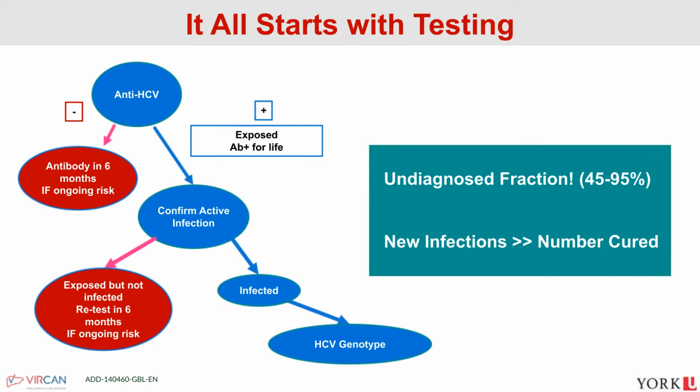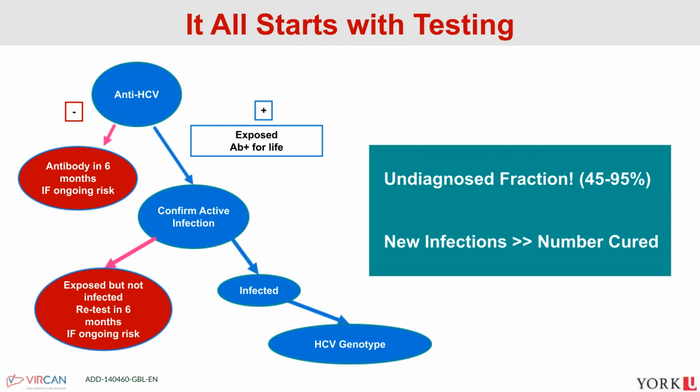Now, I don't have anything here about reflex testing, and I will get to that in a moment, but the next step after antibody positivity is going to be confirming active infection, and that can be done in multiple ways. So I want to start to introduce you to some other ways where we might consider confirming active infection. If they're actively infected, it's helpful to get a genotype. Sometimes you don't need it, but you might want it in a cirrhotic population.